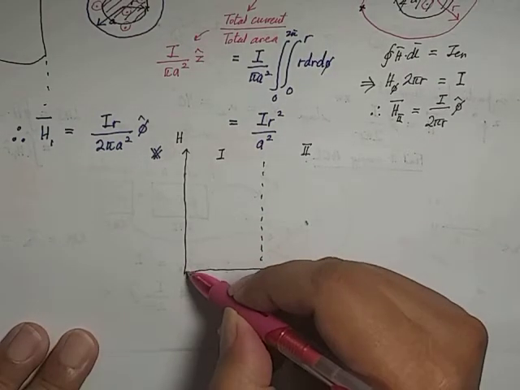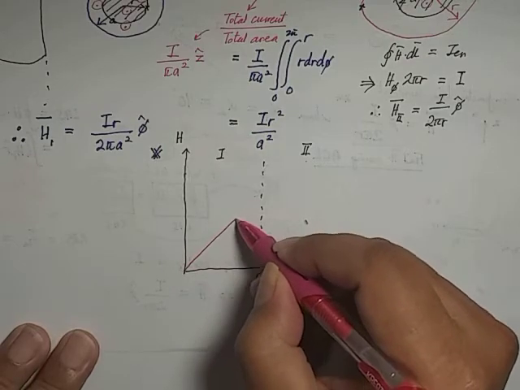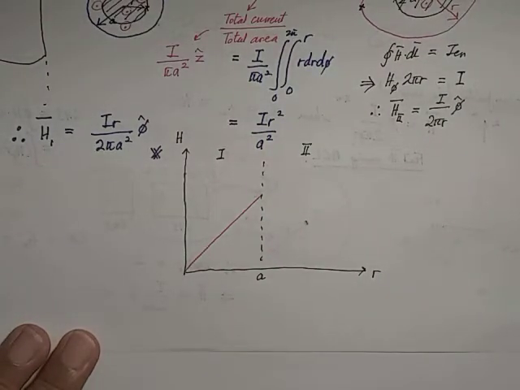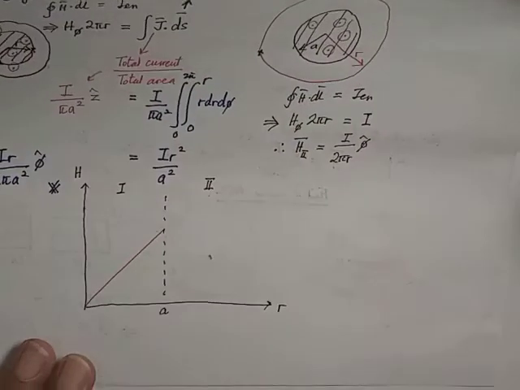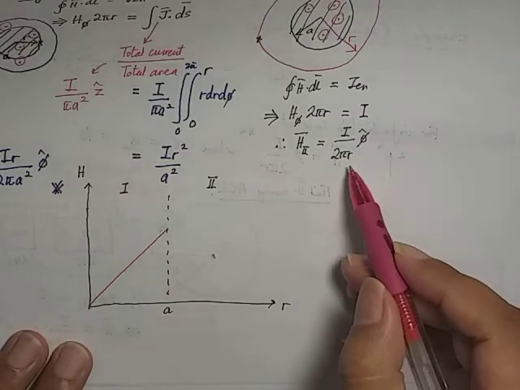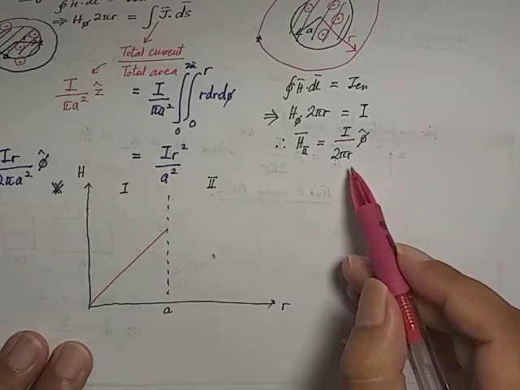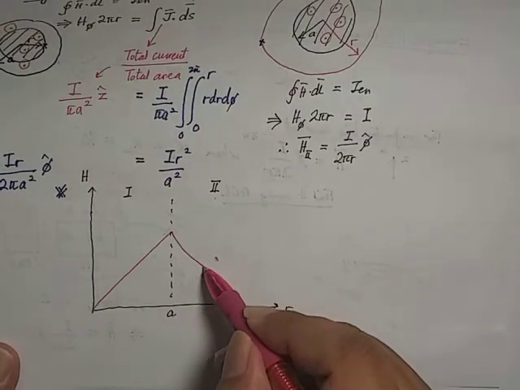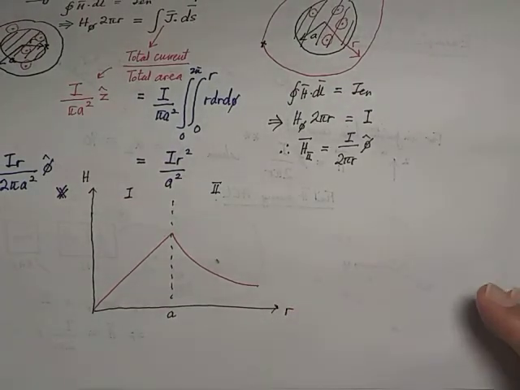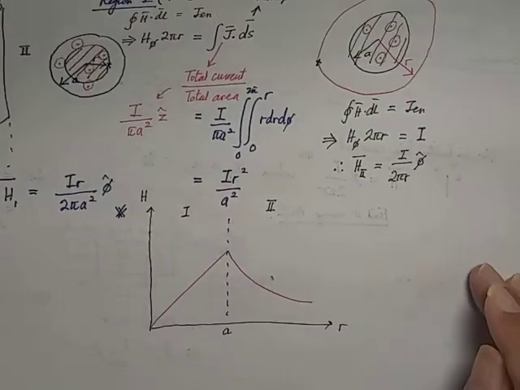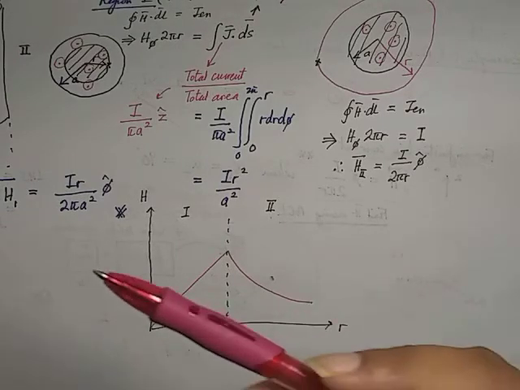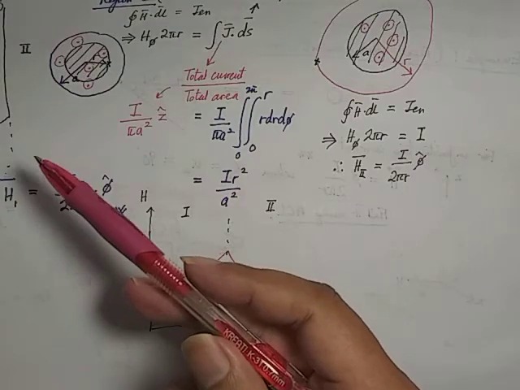So this is what we're going to represent for H inside the cylinder, whereas for H outside the cylinder, which is here, it is inversely proportional to R. So therefore, I'm going to draw that as this diagram. Okay, so therefore, that should be our H profile,